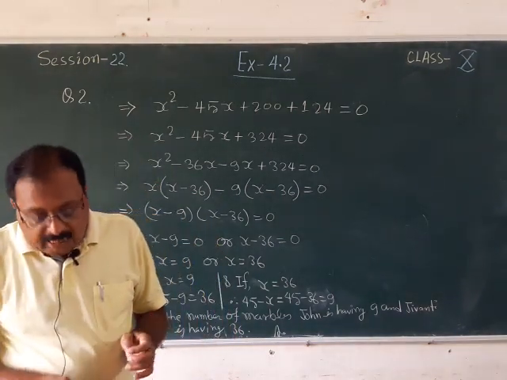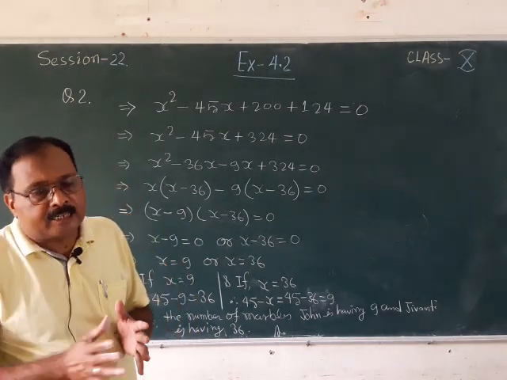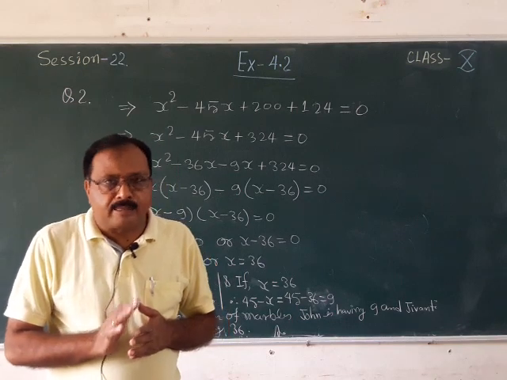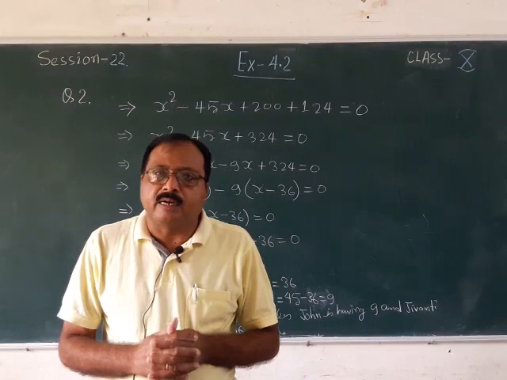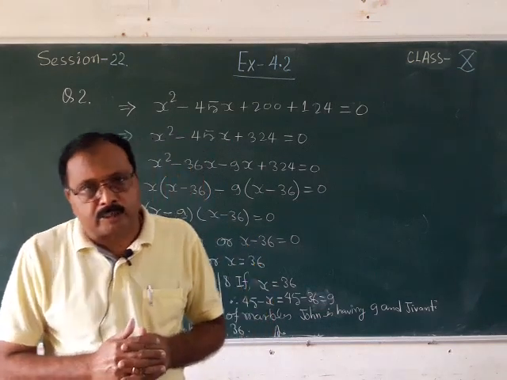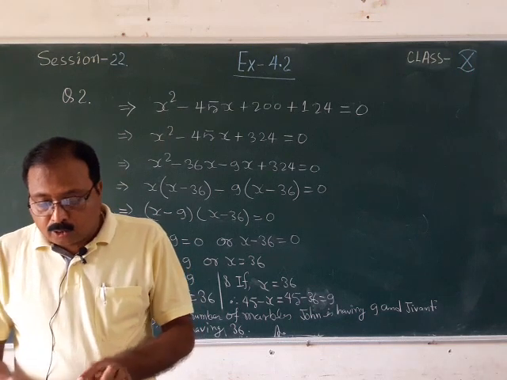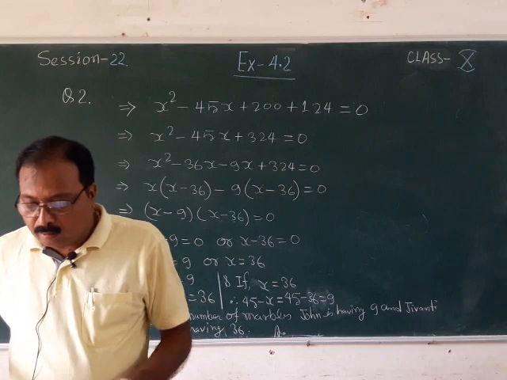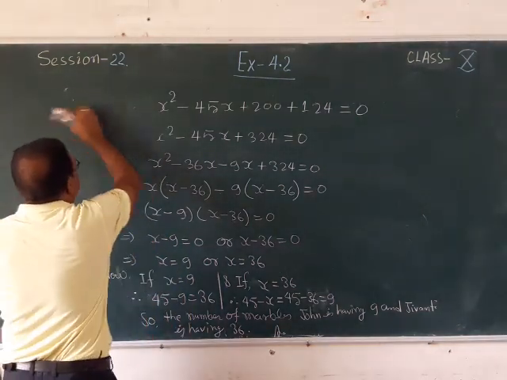So I have shown you how to frame a quadratic equation by reading the statement, then how to solve it by applying the factor method. So the factor method is also a very important method to solve a quadratic equation in one variable. So here you have seen 2 1, like that you can do 2 2 also. Now I am showing you question number 3. So just copy it down.